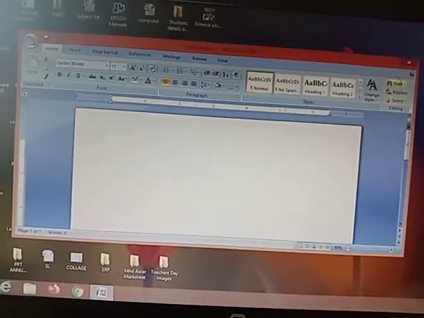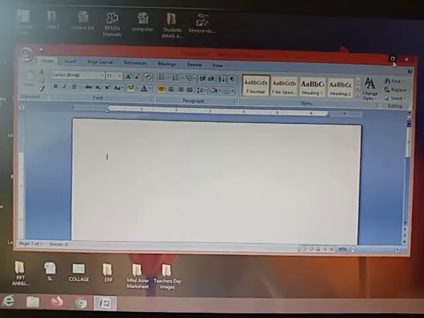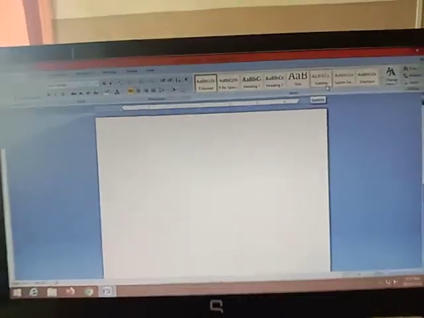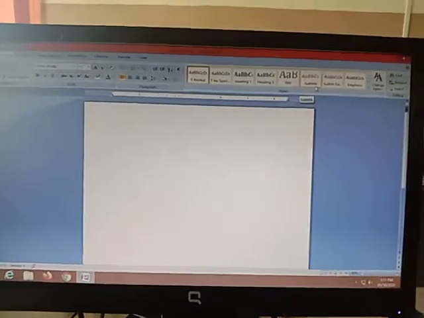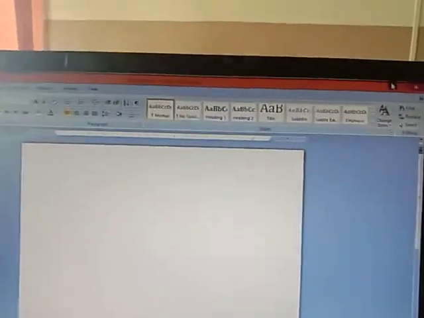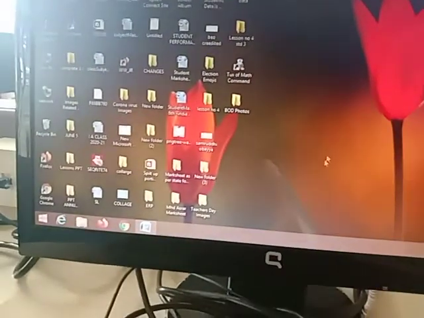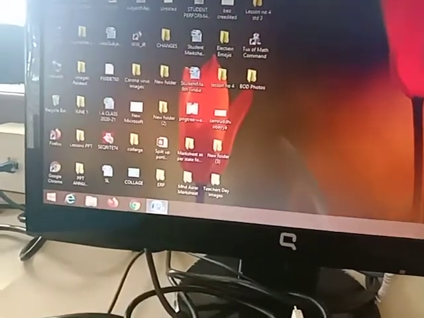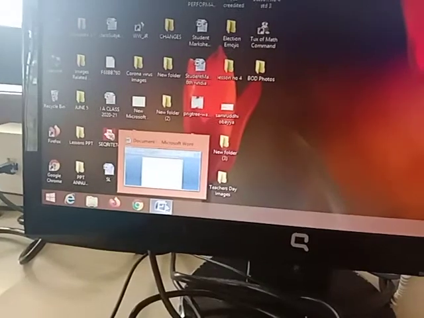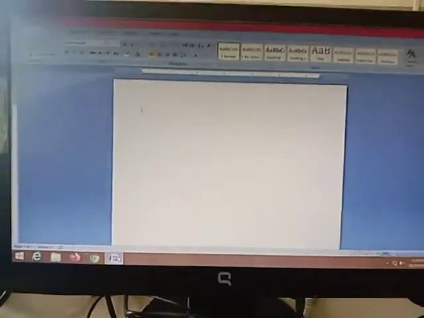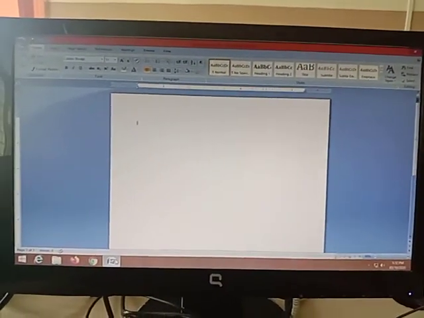Again, if I want it bigger, I just click on that. There is one more button called minimize. When I click on this button, it will be minimized and sit on the taskbar. Again, if you want to open, just click on that and the application will open.